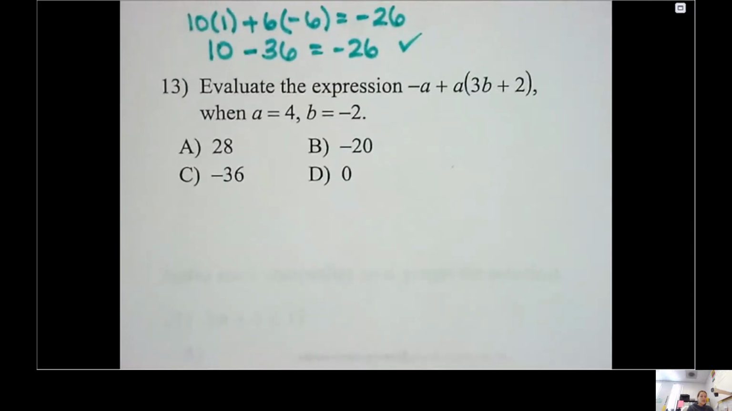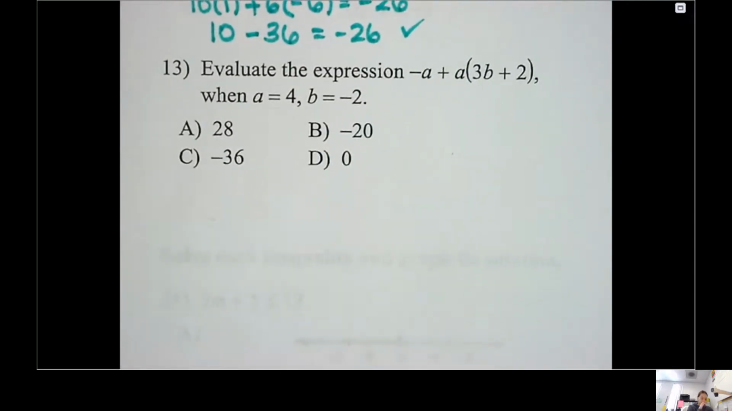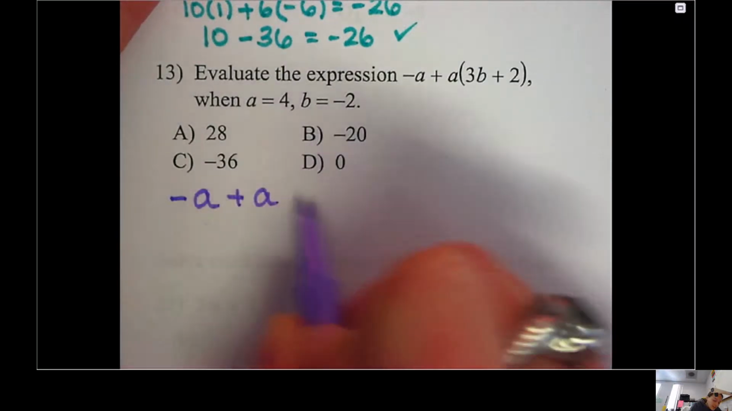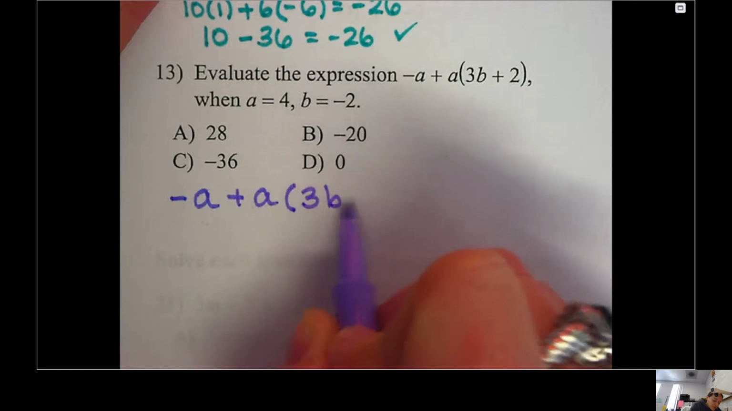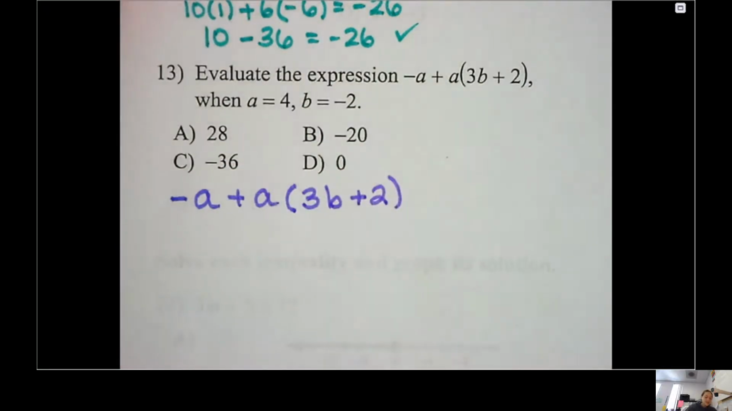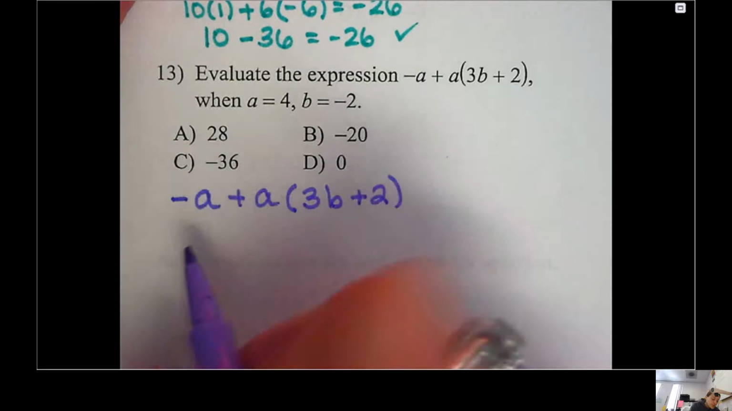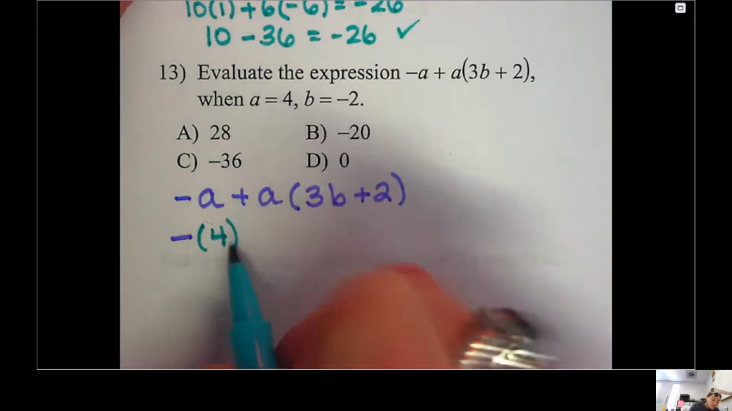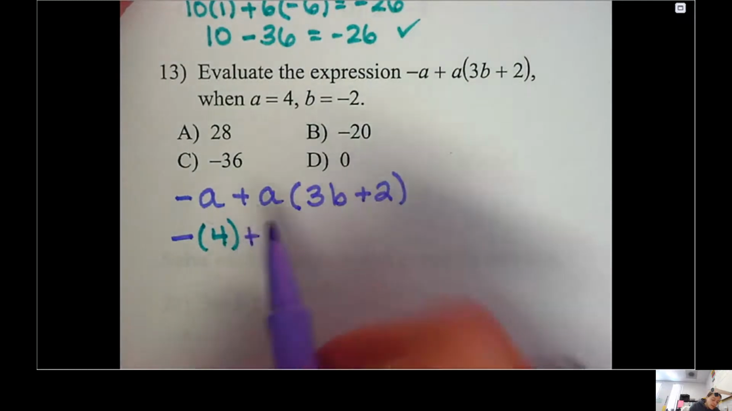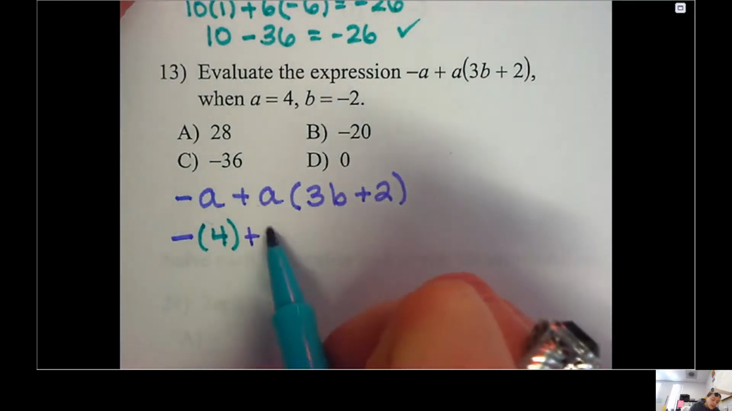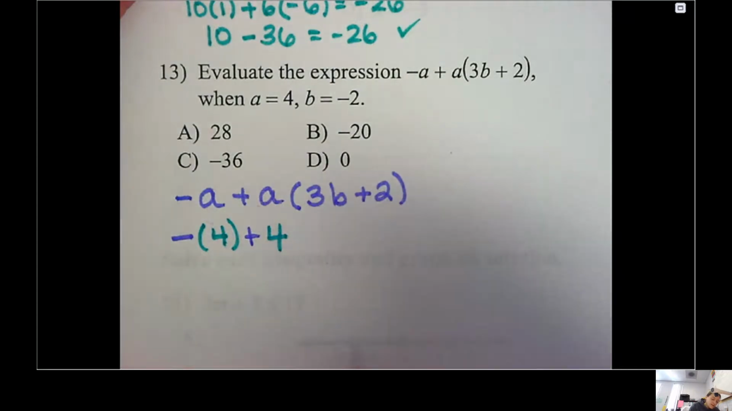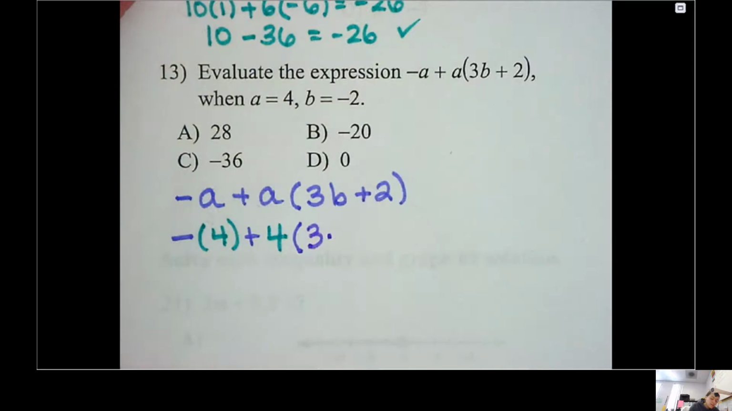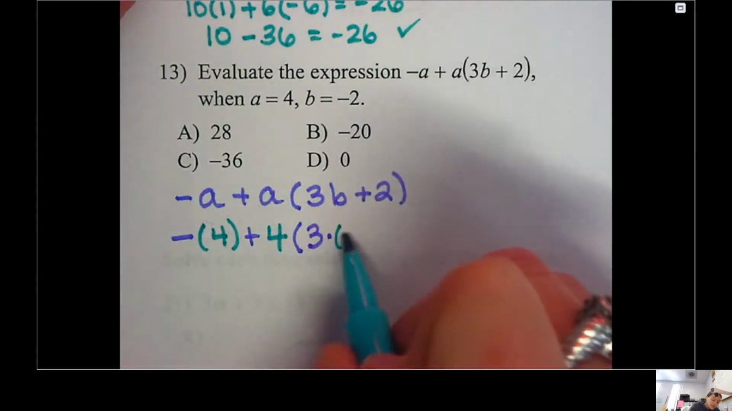Number 13. Another evaluate the expression. So I'm going to do the same thing. I'm going to rewrite the equation. And again, I'm going to be really careful to plug in my pieces very, very carefully. So negative, and then for my a value, I'm plugging in 4, plus a value again, I plug in a 4 times parentheses 3 times whatever my b value is, which is -2